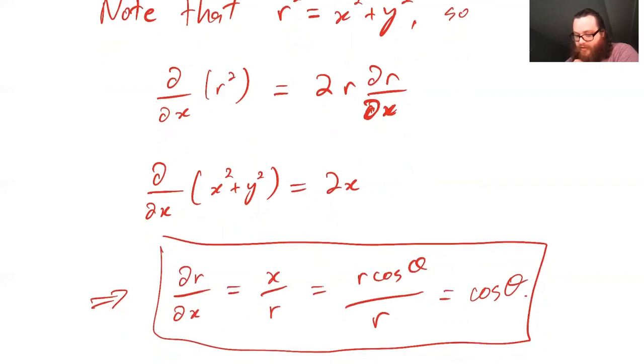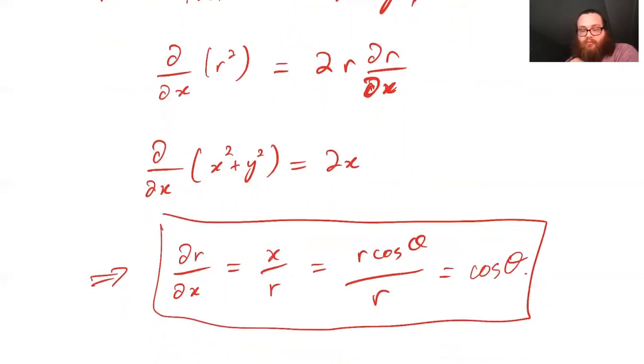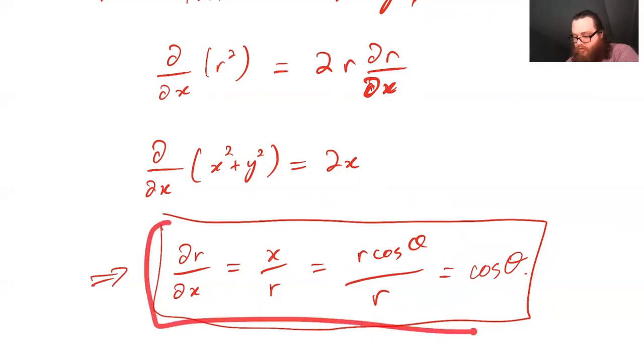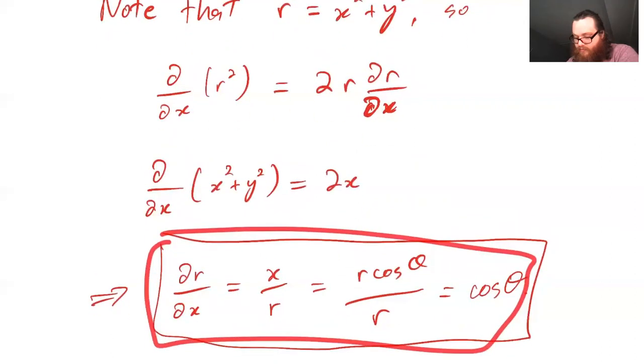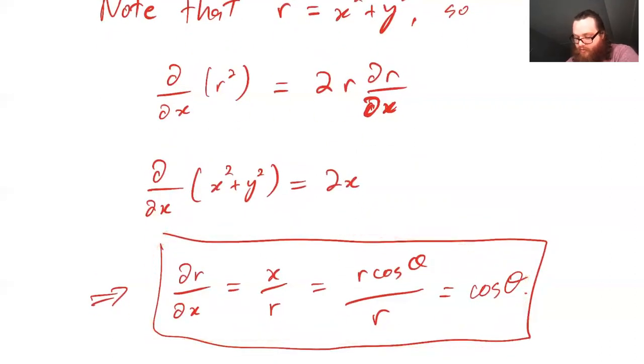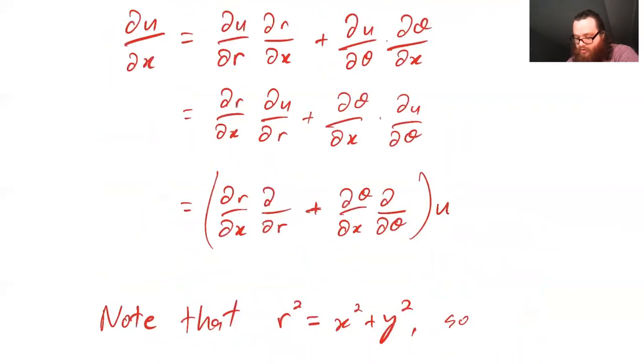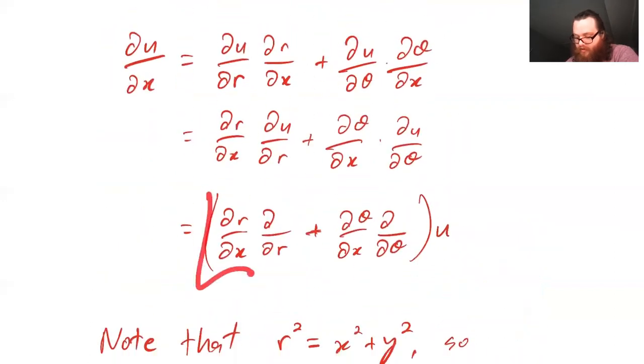Putting all that together, we get the partial derivative of r with respect to x is x over r. But what is x in polar coordinates? That's r cosine theta. So r cosine theta over r is equal to cosine of theta. Okay. So all of this stuff here, this little derivation, was to compute this piece, which shows up right here. Okay. So this derivative with respect to x,